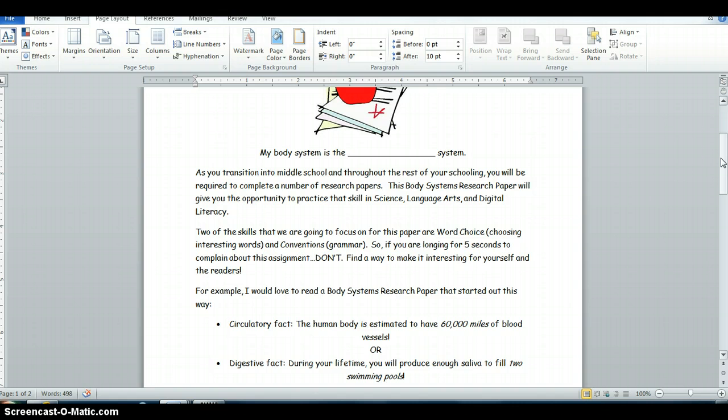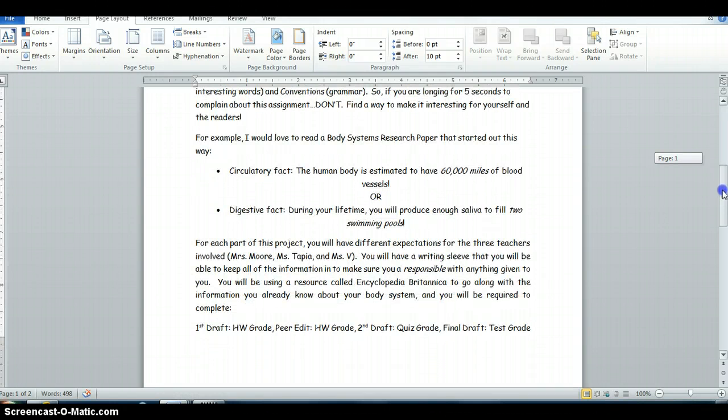And the reason we're doing this is because we want to get you prepared for high school level research. I know you're only in fifth grade, but high school is not that far away. So, as Ms. V mentions here in the rubric, you're going to be using a resource called Encyclopedia Britannica, which the Demiriac Library pays for. We pay a lot of money for it because it is a trusted, authoritative